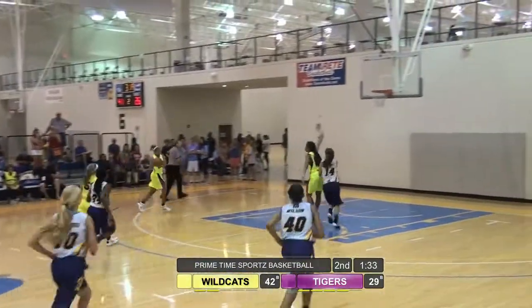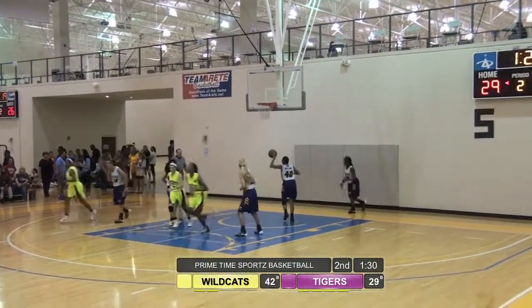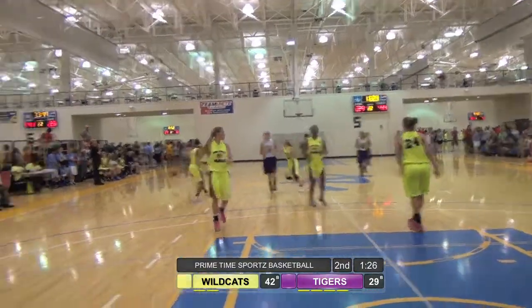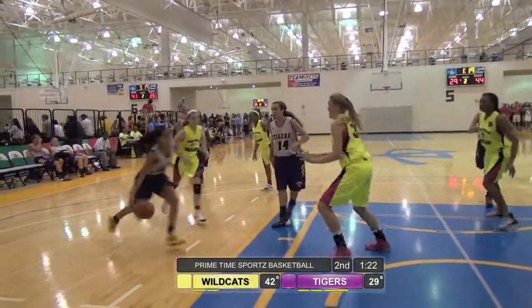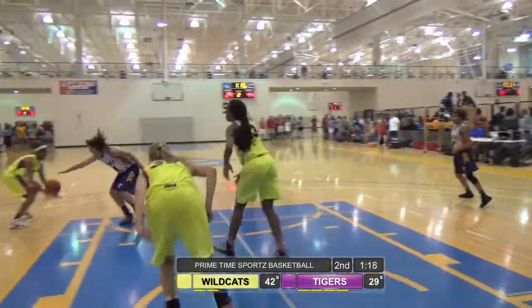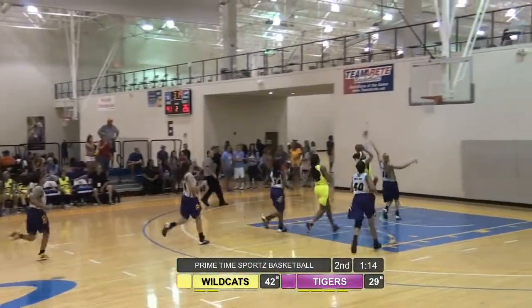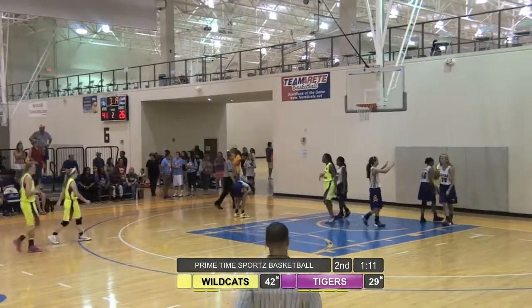Bobby Chisty gets it in. And Jada Burst will have an easy look at the basket from the right block. She knocks it through. Wildcats now lead 44-29. Clifton drives in. That's off the mark. Saved by Chisty. It's going to go to Abram. Nia Abram out in front. She'll go up for two. Has it blocked. And a nice block